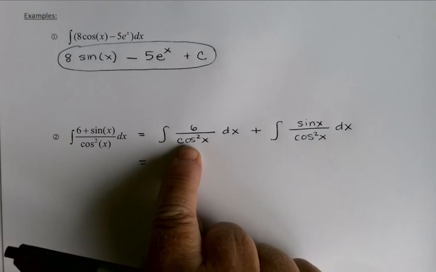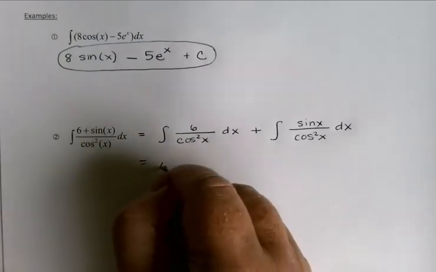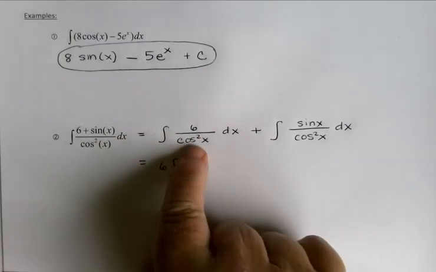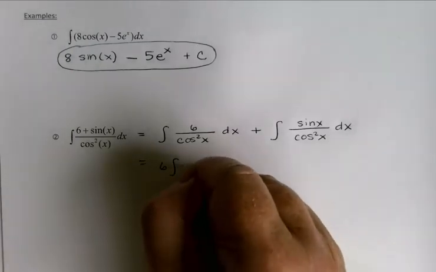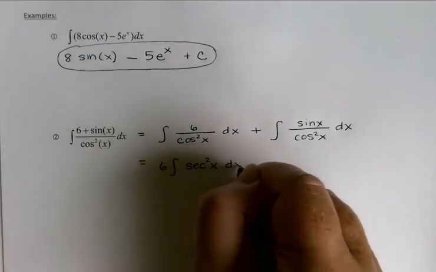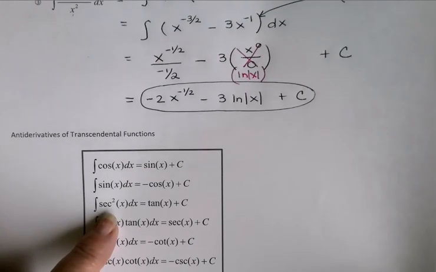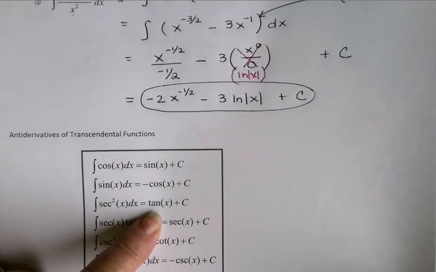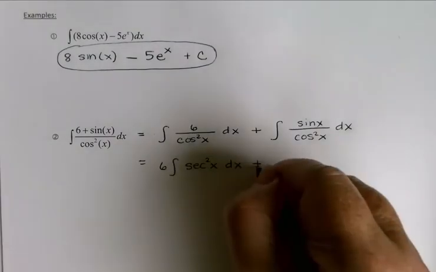Cosine is the reciprocal of secant, right? That's just a trig identity. So I could, if I wanted to, bring that 6 in front of the integral. And then the reciprocal of cosine is secant. So since that was cosine squared, I would have secant squared x dx. That makes me a lot happier because that's one of the integrals on my list that I know, right? So I'm going to be all right with that one. Plus